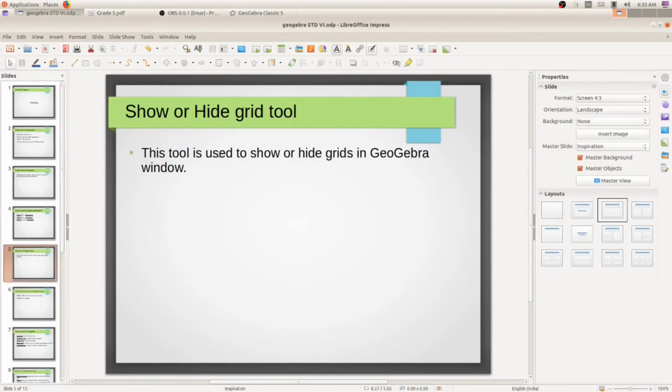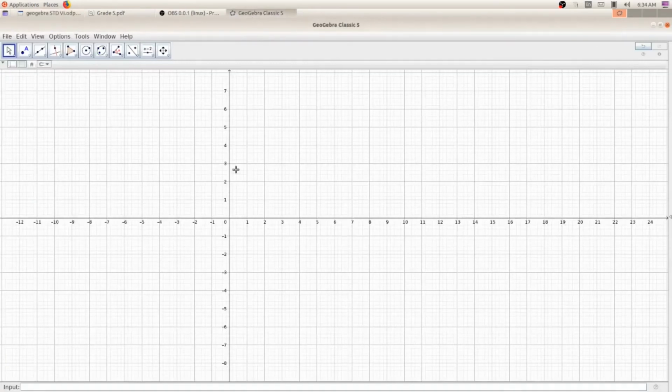So what is the use of it? This tool is used to show or hide grids in GeoGebra window. While you open GeoGebra, you can see the grids. The small rectangles or squares are known as grids.